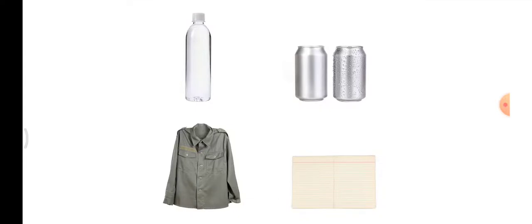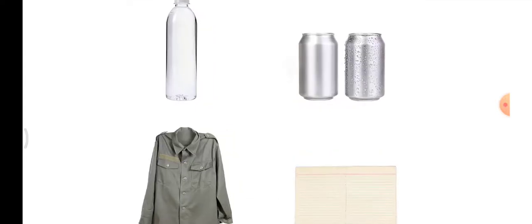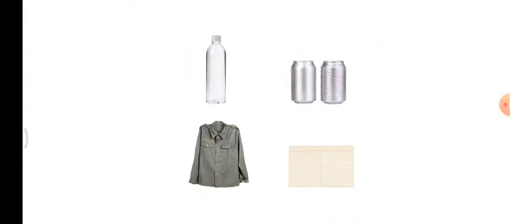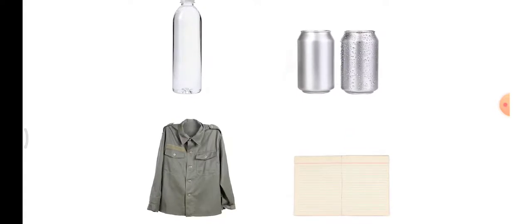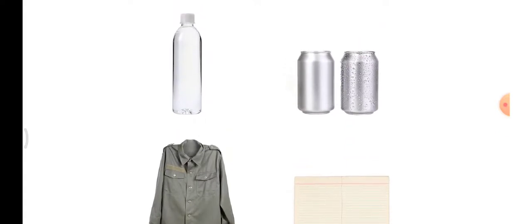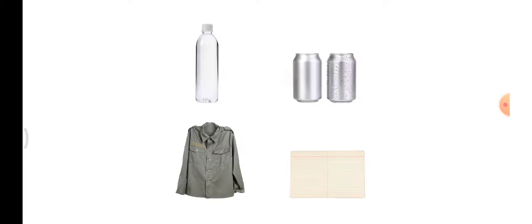Okay, this is a plastic water bottle. There are metal cans here, one old shirt, and an old book. Come on, give me some ideas about what we can do with this plastic bottle, which she has thrown into the garbage bin. Stella feels that the plastic bottle is of no use now. There are many ideas about reusing this bottle. Once again, we can use it.